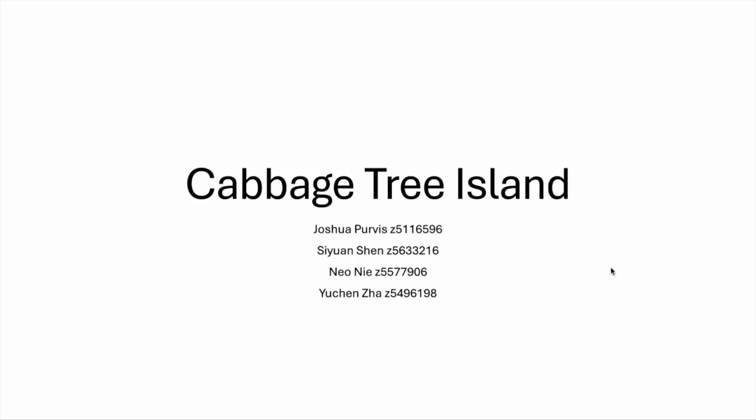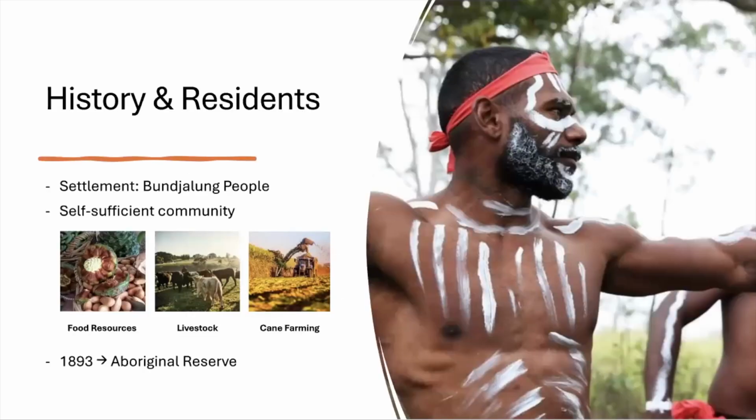Okay. Let me start off with a little history. The earliest part of the entire timeline regarding the Cabbage Tree Island dates way back to 1885. This was when the residents of a nation called Bonjalong first settled on this island, and they had a self-sufficient community at first. The early settlers had an autonomous period where they managed to grow food resources, raise livestock, and do